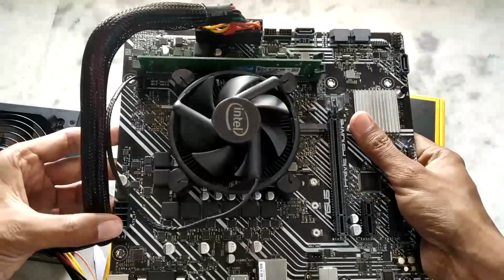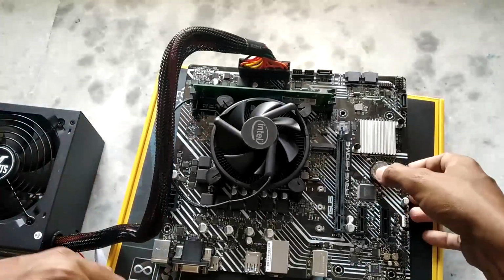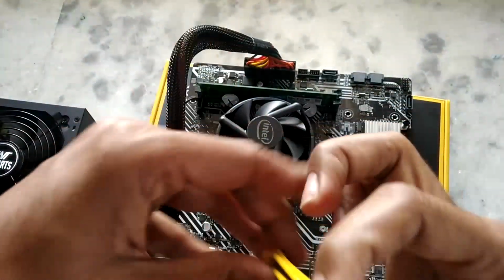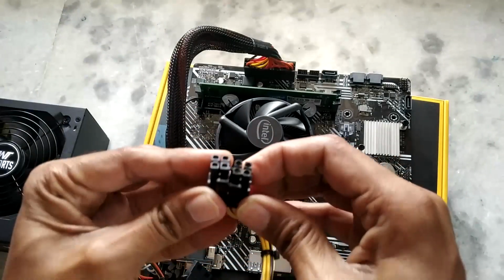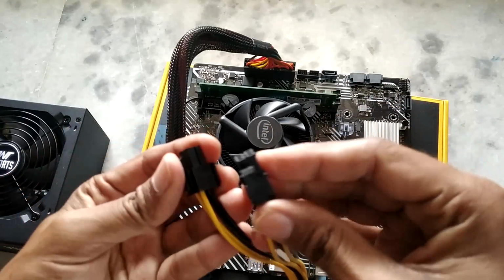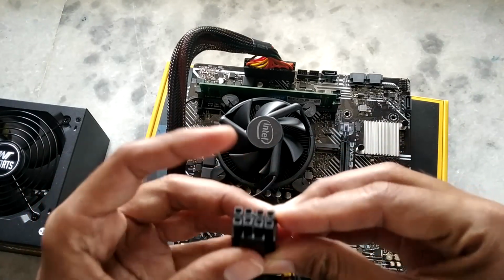As you can see, this is our 8 pin connector. So let's find our 8 pin connector on the power supply, and if you take a look here, this is your 8 pin connector, and usually they come in pairs of 2 in a group of 4, so you can easily detach one. So if your motherboard has only a 4 pin connector, you can use this or this. If your motherboard has an 8 pin connector,